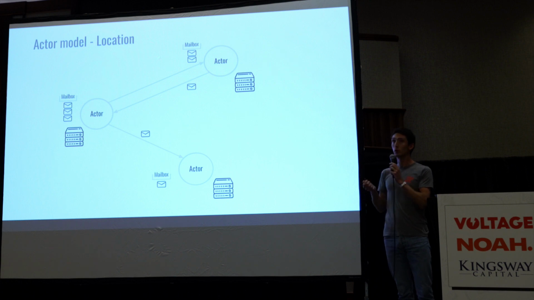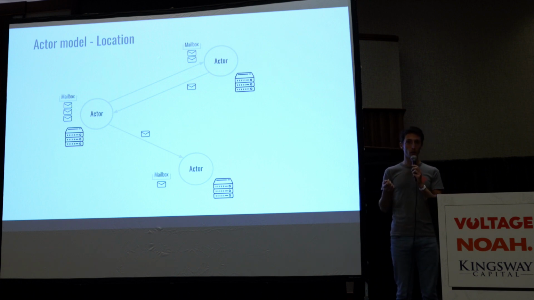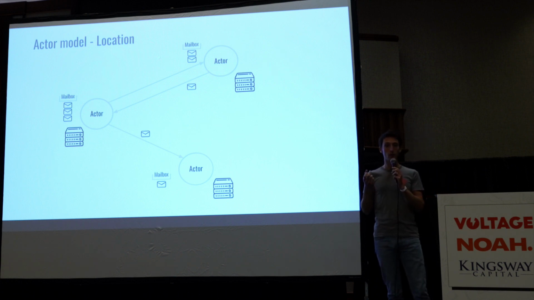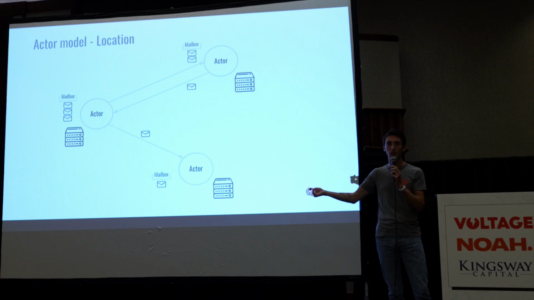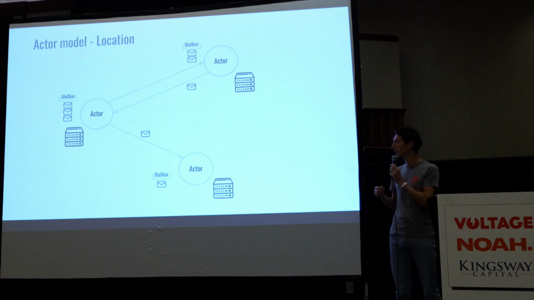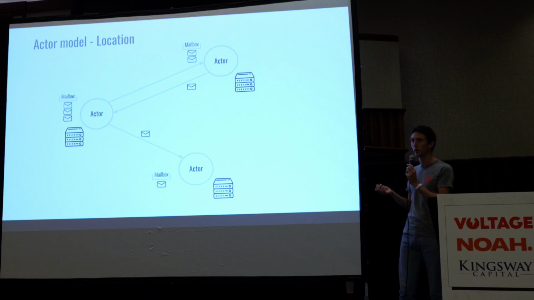The main goal of the actor programming principle is location transparency. What that means is that you will have many actors sending messages to each other and receiving messages from each other. And what's interesting is that they don't care where the other actors are. The other actors could be in the same process, or they could be on a different machine. And it just works seamlessly the same way. And that's what makes it really interesting and really scalable.